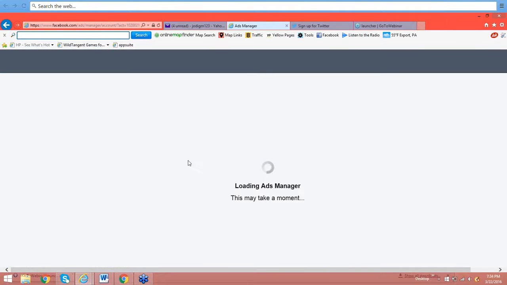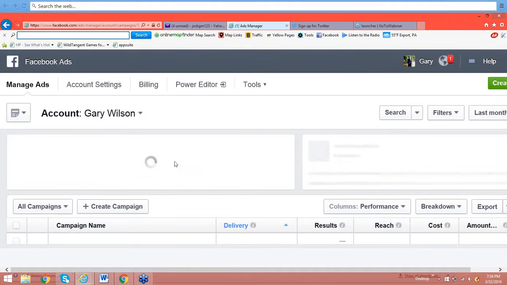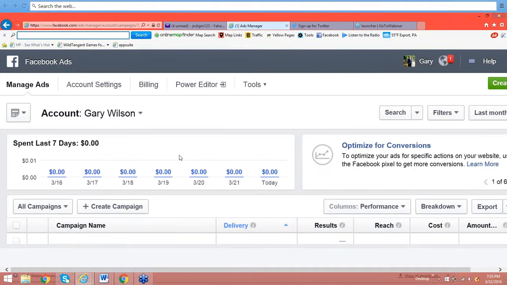Click on this. It takes a little bit of time. I'm sure we have a little bit of a lag here. Yeah, I think there is going to be a few second lag. I can see it says loading Ads Manager, and now it's just, okay. And there we go. There's your panel. It just showed up.